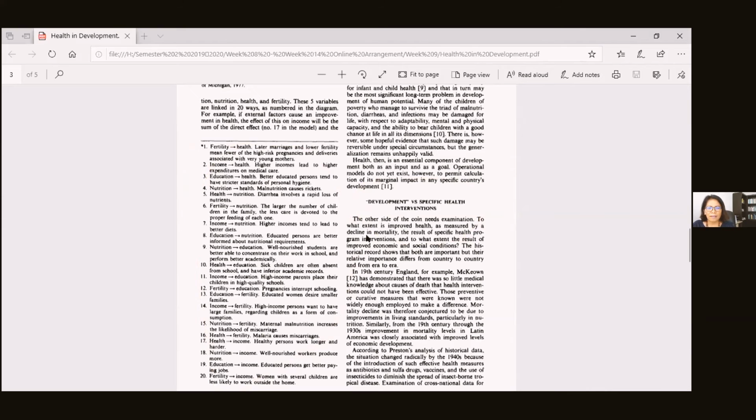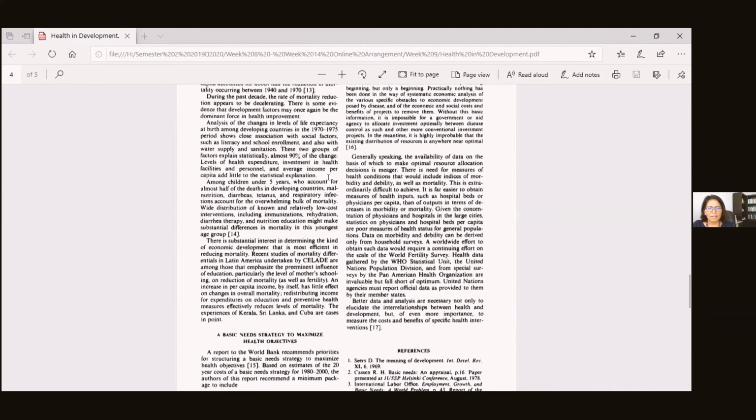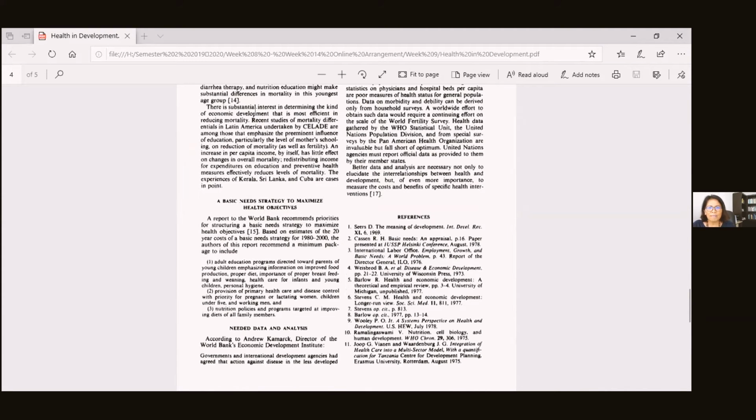Okay. So here you see a basic needs strategy. That is an approach to development. Basic needs strategy to maximize health objectives. Remember the goals of development, right? So please take time to read the article,